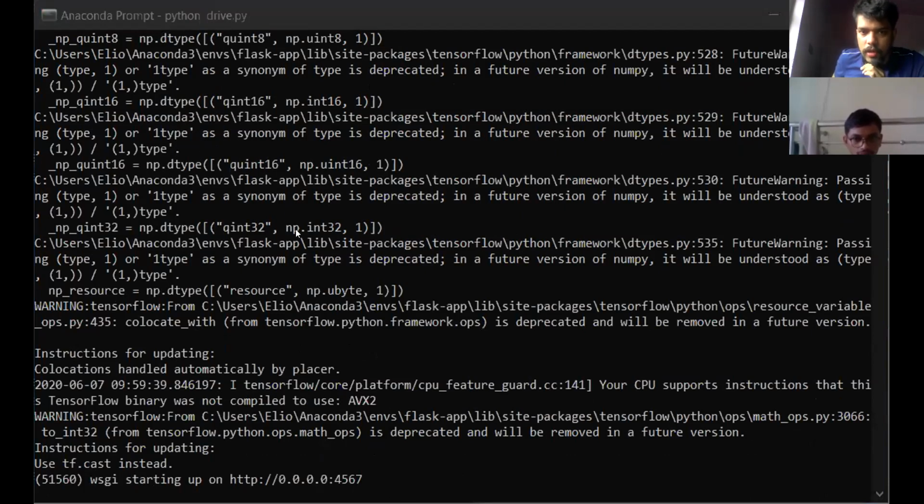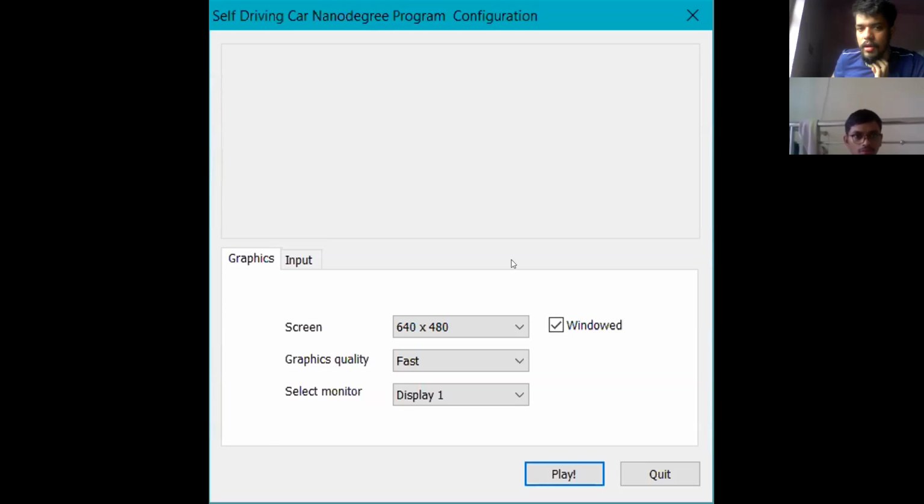So this is the simulator provided by Udacity for simulating self-driving vehicles. Okay, I'll be screen sharing again.